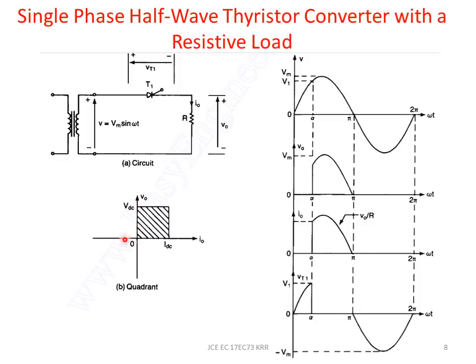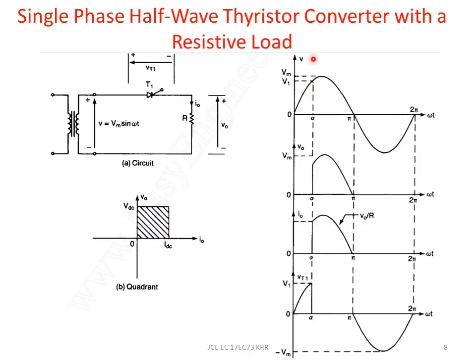If you draw the output voltage with the input, we see that the circuit will always give you positive voltage at the output and also a positive, unidirectional current flowing. Hence we say that this rectifier works in the first quadrant operation. In fact, we can define the classification of controlled rectifiers based on their quadrantal operation. Most of the rectifiers, whether half wave or full wave, if they have resistive load, fall under this category and work in one quadrant operation.